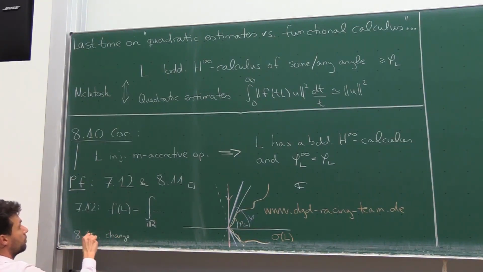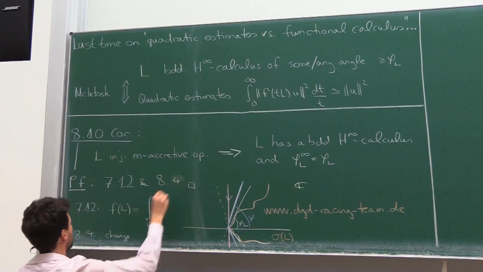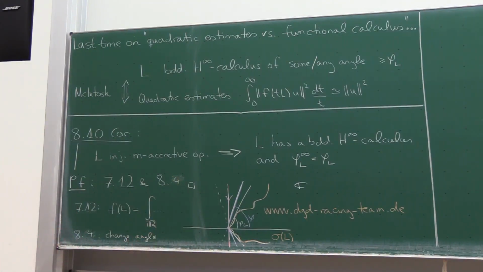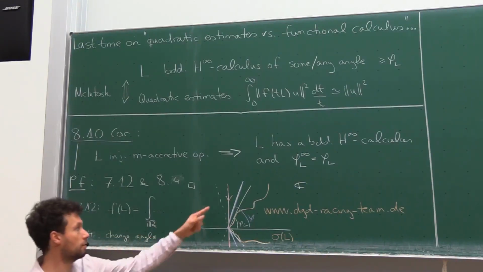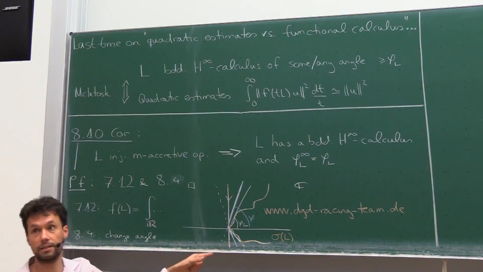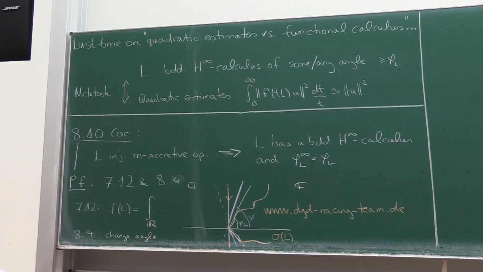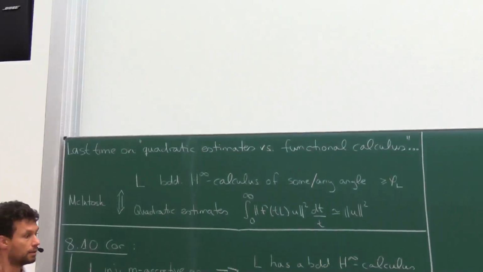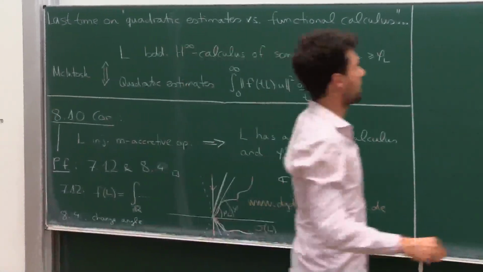8.4, sorry. 8.4, and then this is also 8.4. Change the angle. Okay? And so it turns out then, at the end, that you have an H infinity functional calculus for functions which are not even defined along the crucial path of integration in von Neumann's inequality. So this is kind of a remarkable thing in this two-step procedure. You stop me if you have any questions, as always. All right, so